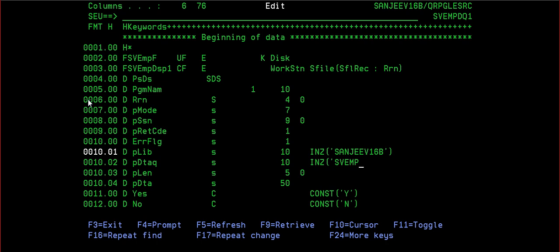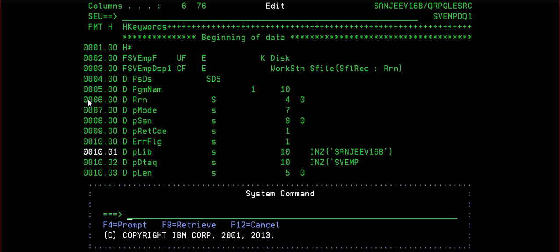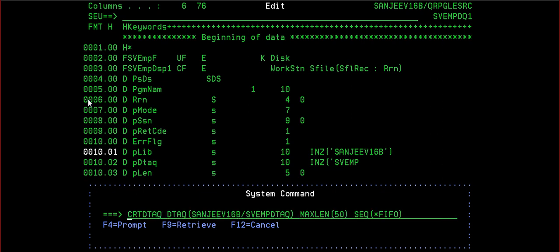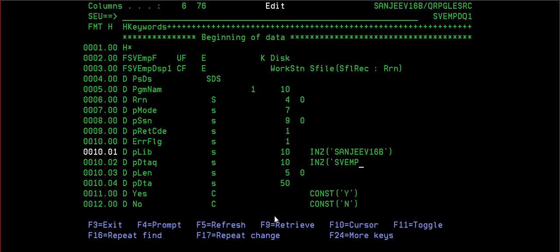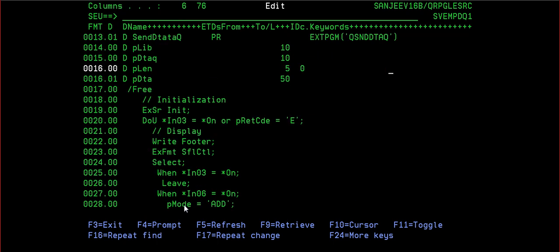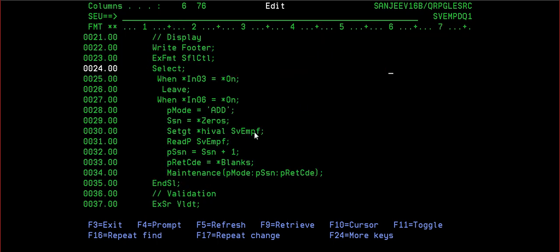SVMP, SVMP DTAQ, and length and those things data will be calculated at that time. So here whenever we are doing this, instead of calling this, what we can do here is,